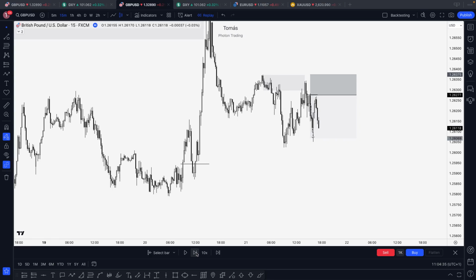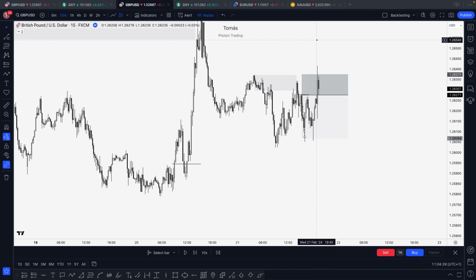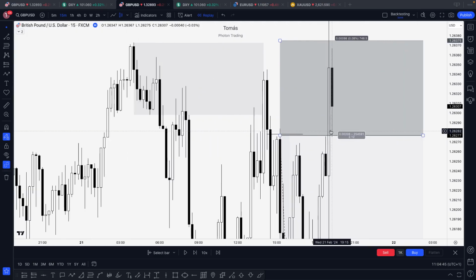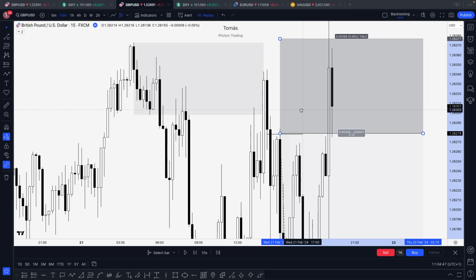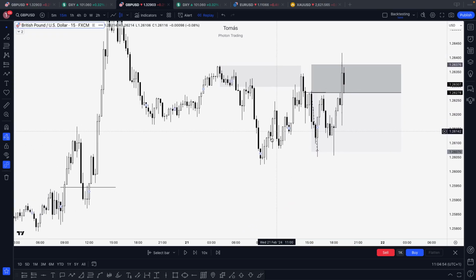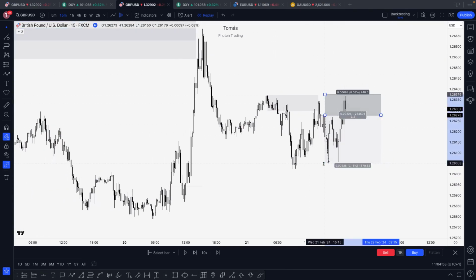So yeah, then price went down, and then price went back up during Asia. Oh, let me see. Oh, sorry guys. It seems it's outside session. So you can see that it's outside session here. Price triggered me 15 minutes after the 3 p.m. So it's outside session if I want to be mechanical. And yeah, it's not a trade that I will take because of that, but still ended up as a winner